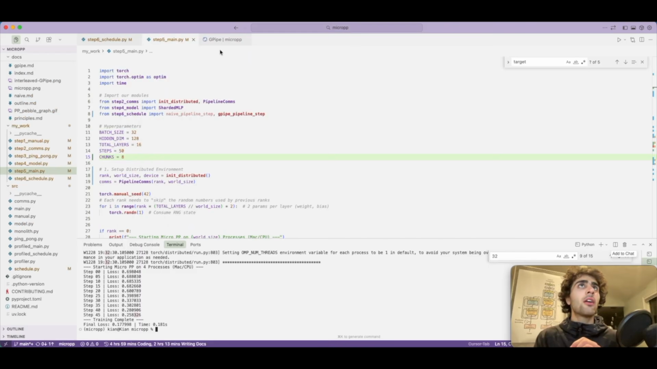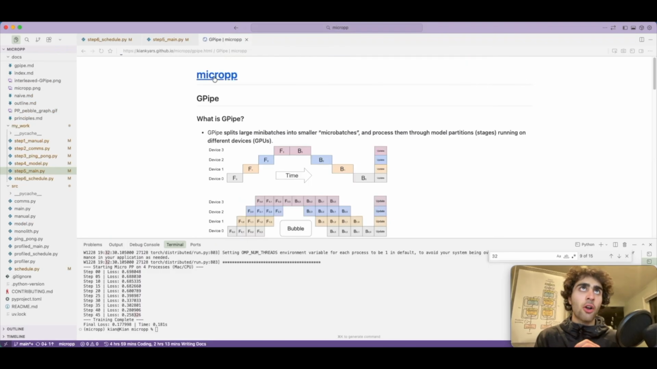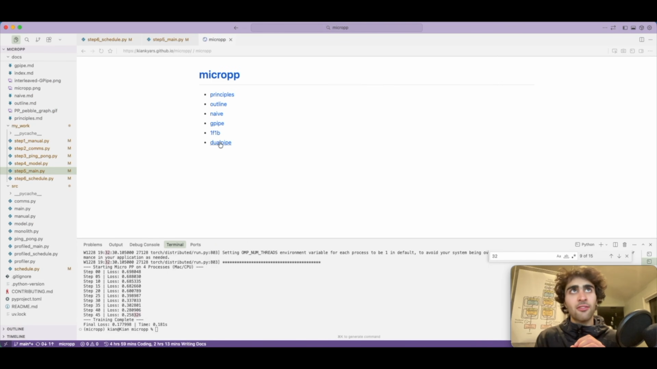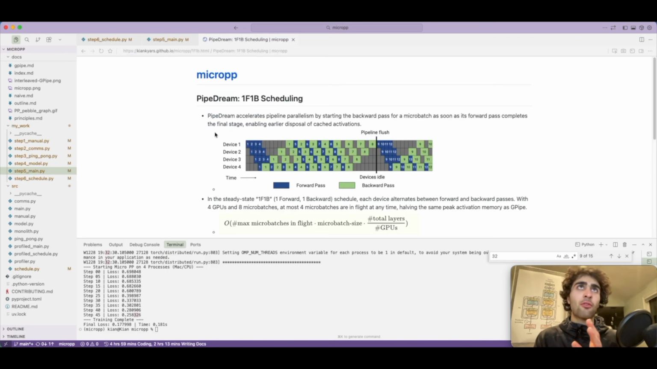And now, if we come back to our course outline, we only have one thing left. This last point is left as an exercise. So 1F1B is the last topic that we're going to cover. And it's called PipeDream, one forward, one backward. And what does it do? It accelerates pipeline parallelism by starting the backward pass for a microbatch as soon as its forward pass completes the final stage, enabling earlier disposal of cached